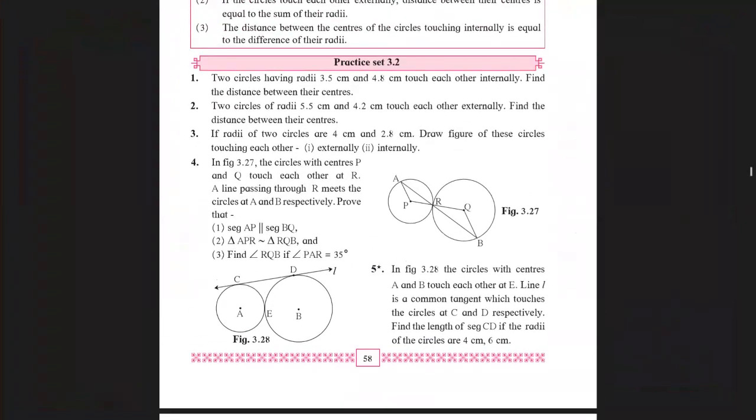Okay. Now, when we meet in the next session, before we begin 3.3, I think there are some children who are having doubts regarding what is to be written for the first chapter in similarity. That is, what are the things to be written in the classwork apart from your exercises. So I'll be telling you that before we start with exercise 3.3. So when we begin in the next session, I'll explain to you that and then begin with exercise 3.3.